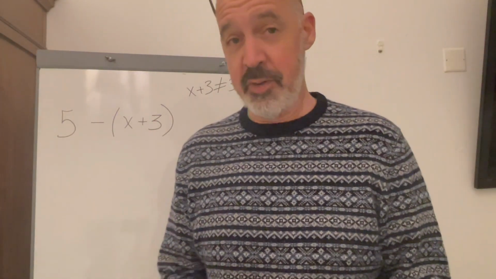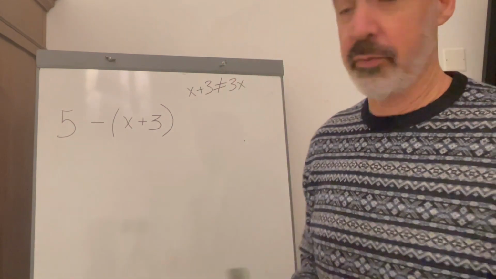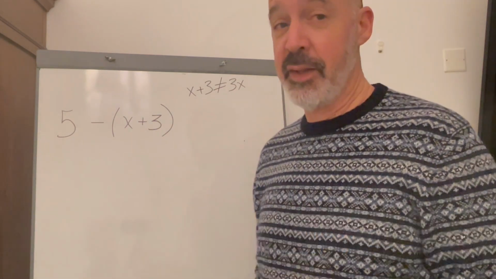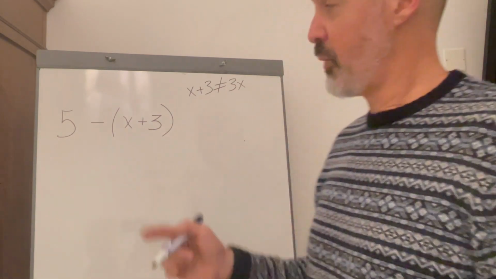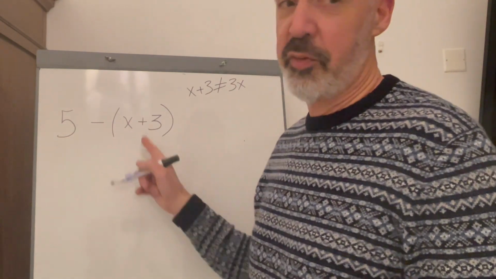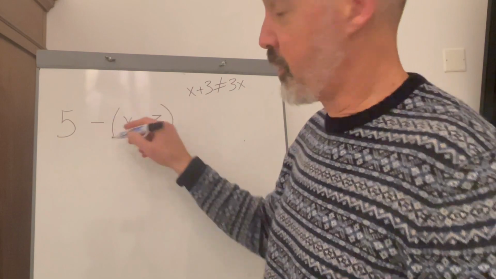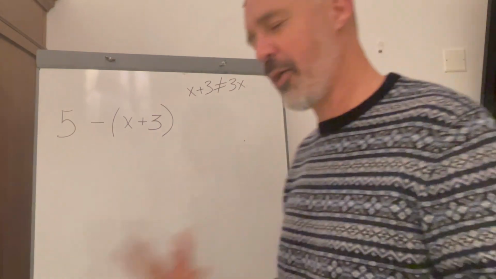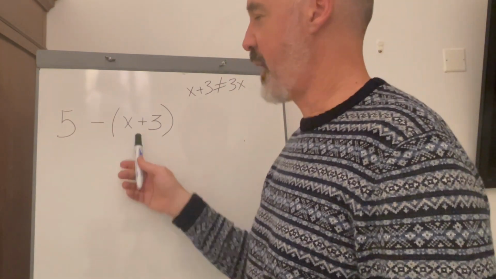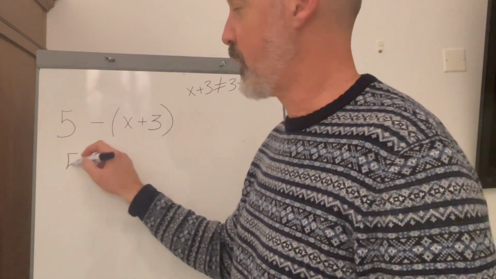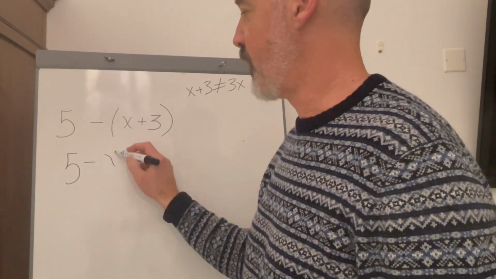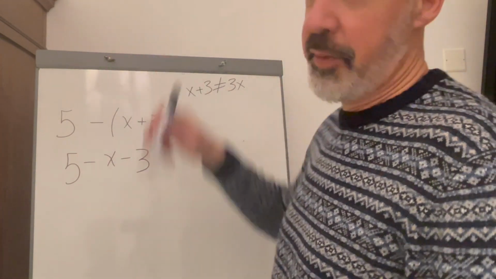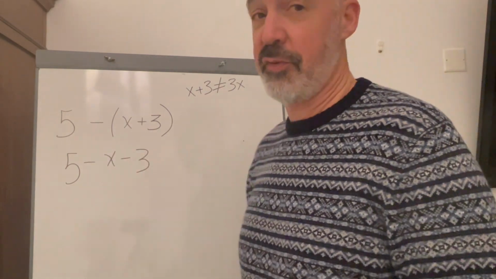I've jumped to this type of distributive property problem because a lot of kids also struggle with the idea that this minus sign is somehow distributed across both terms inside. They need to think about this logically and read the entire thing as 5 minus this group of x plus 3. So a lot of times we tell kids to put a 1 in front of it and multiply the negative sign by both parts, but why wouldn't we just explain or think about how we're subtracting everything inside of here, which is distributive property, but it would look like 5 minus the x term and 5 minus the 3. I just described the distributing part, distributing the minus sign to both parts of the term,